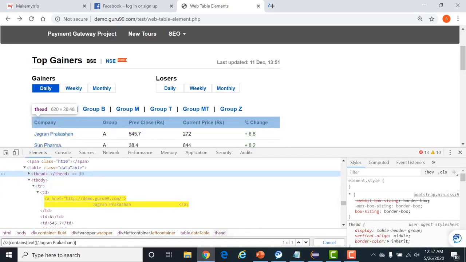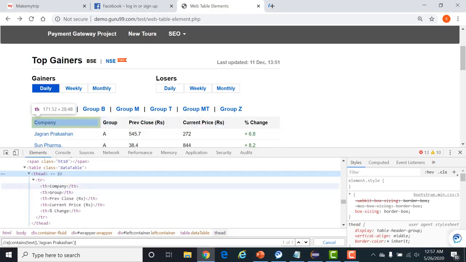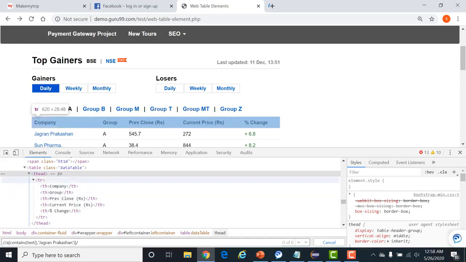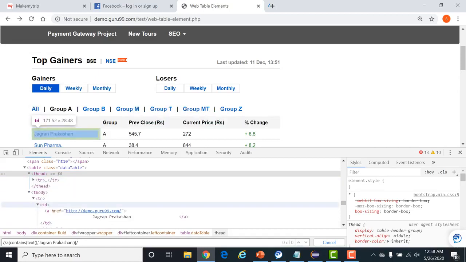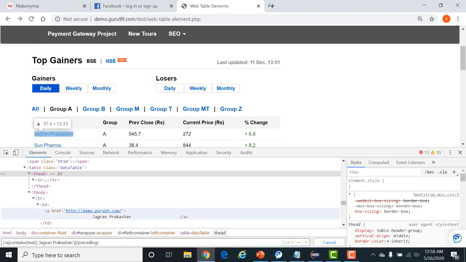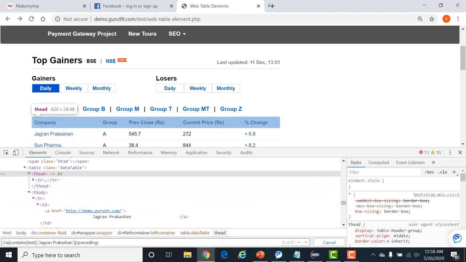So we have to go inside this thead, because inside that is the company header, which we want to retrieve. We are going to write preceding in the backward direction. In which tag do we want to go? We are here and we want to go to thead.